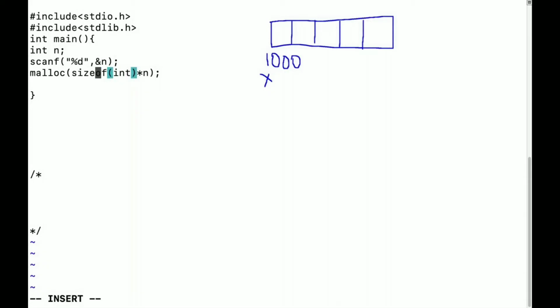I will declare one variable called x. Inside this x, what I'm storing, guys, I will write in the next line. I have an x variable. Inside this x, I will be storing an address. Which type of address? It all depends upon the x variable.